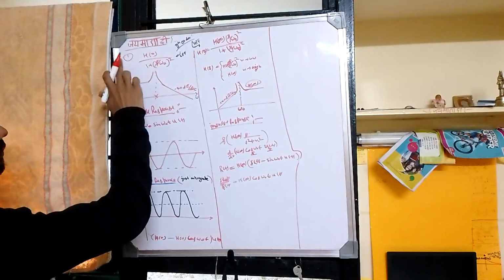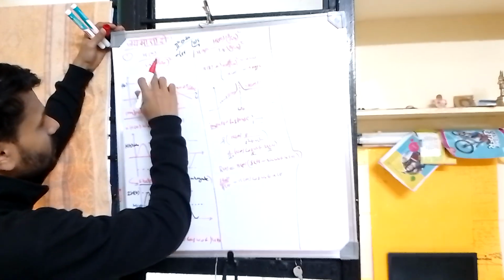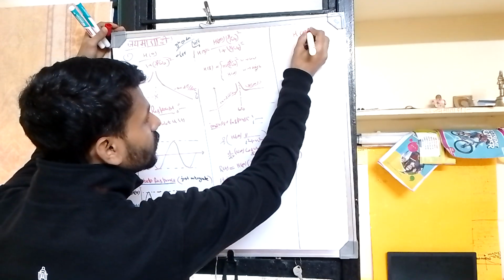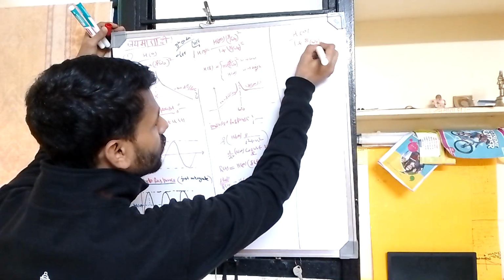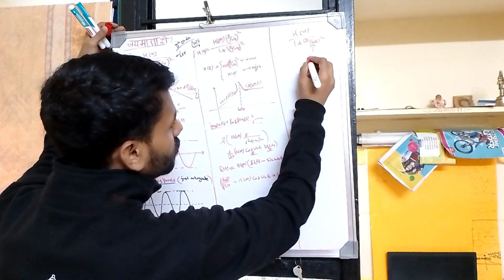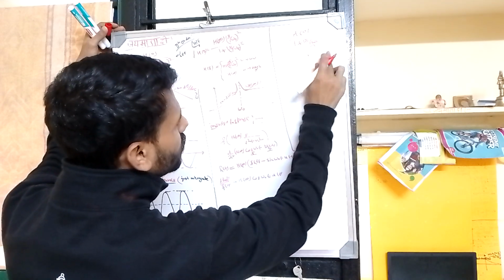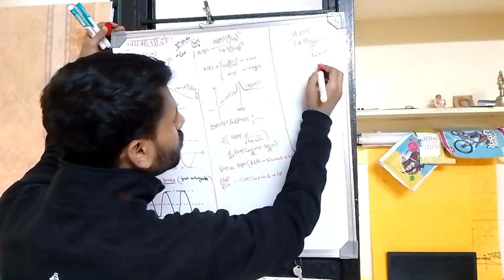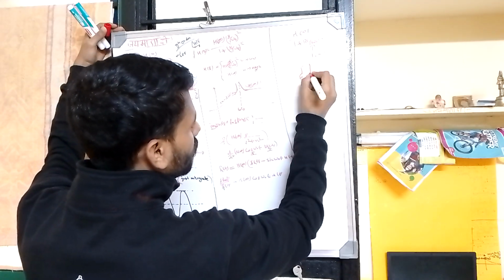For the second order, the simplest transfer function looks like H(s) = H(0), the DC gain, divided by 1 plus (s/omega naught) squared. This omega naught is nothing but the resonance frequency. For example, if you take an L and a C,